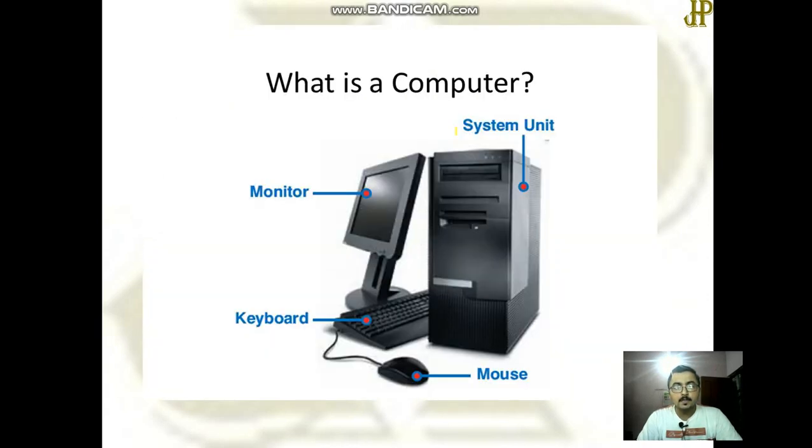So, here you can see the pictorial representation of a common computer. Here you can see that there are some input devices like keyboard and mouse. The input comes from these devices to the system unit known as CPU, central processing unit. The CPU performs the processing. After the processing, the result is given to the output devices like monitor, and the combination of these is known as computer.